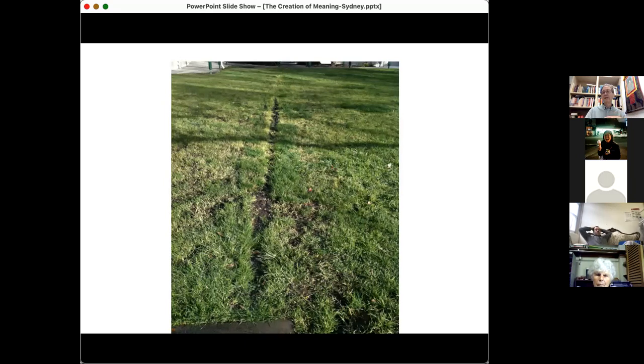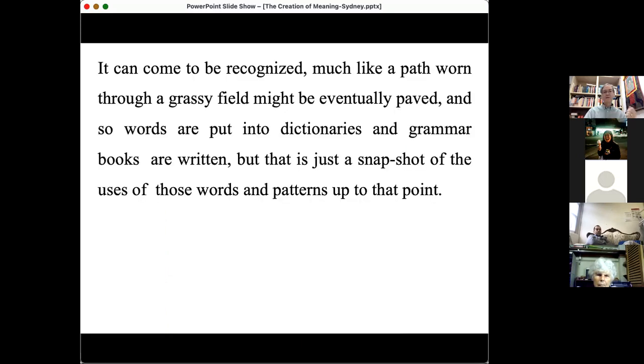You have attractors, so it attracts other people to do the same thing. And so this thing can develop even further. But it's not that people try to create a path, it's just they're trying to do something and this emerges as a side product of trying to get from point A to point B in the easiest way. Now, it can become to be recognized, so a path through a field can be eventually paved,